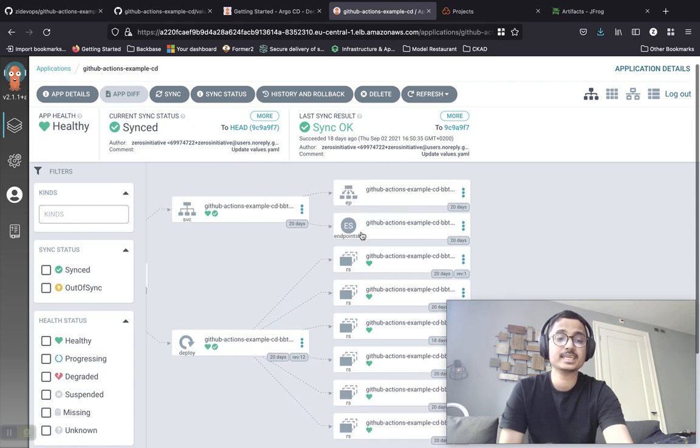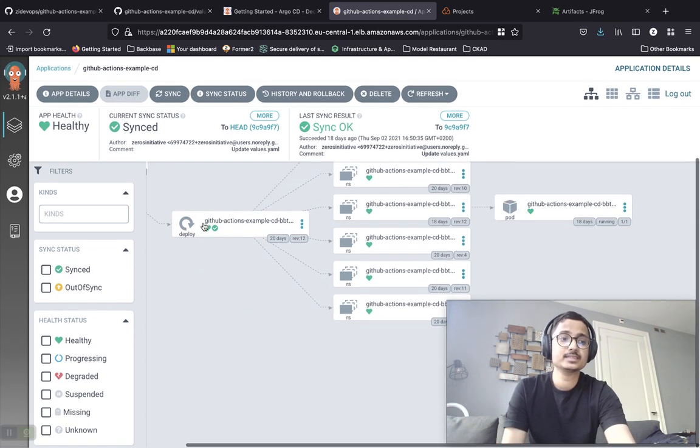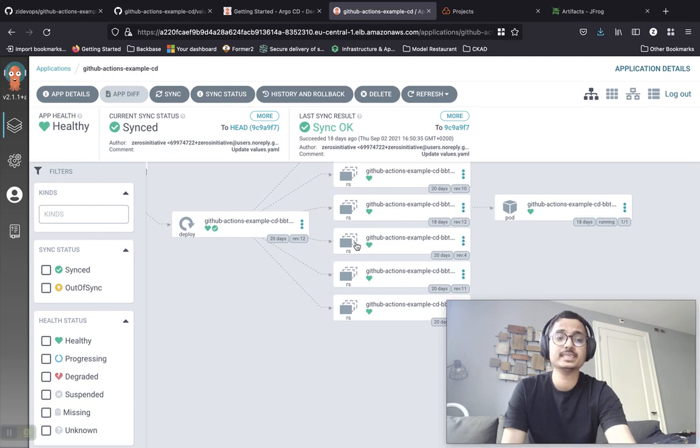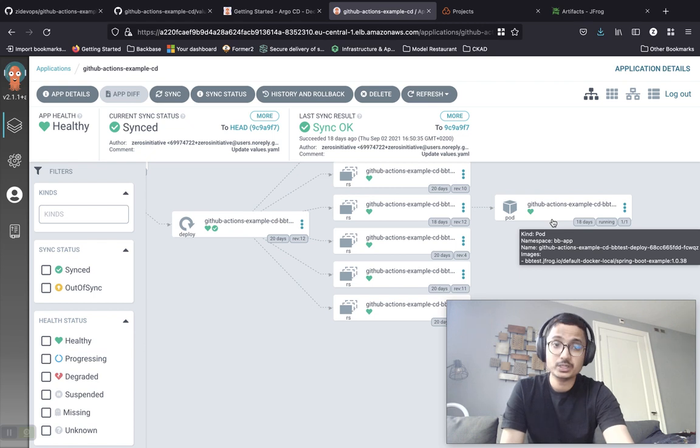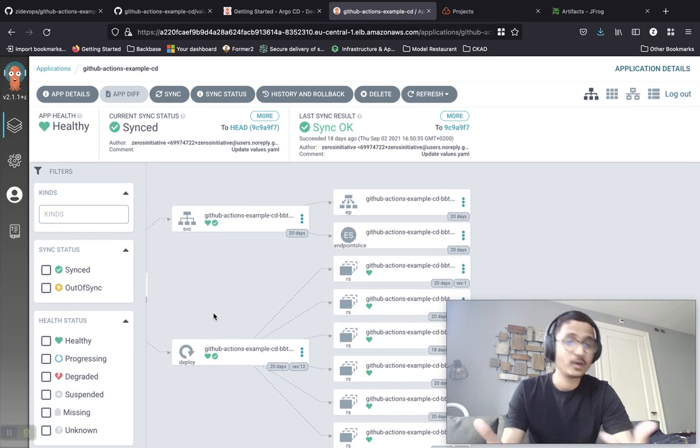And also it goes ahead and deploys something called an endpoint, which is my service. And it also has an endpoint slice over here. So which is the service over here, which is nothing but my application service.yaml file that is being deployed. This is my deployment.yaml, which goes ahead and deploys a replica set, which in turn deploys my pod into my cluster. So this is something that Argo CD does automatically.